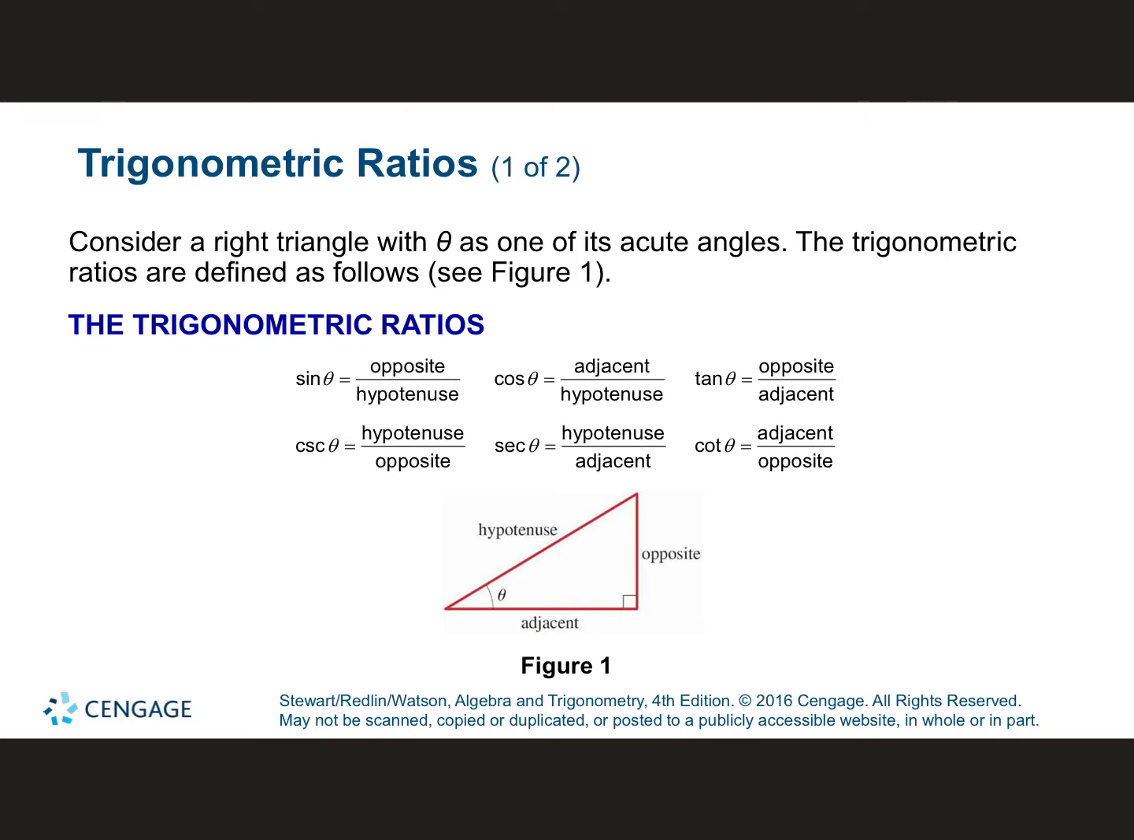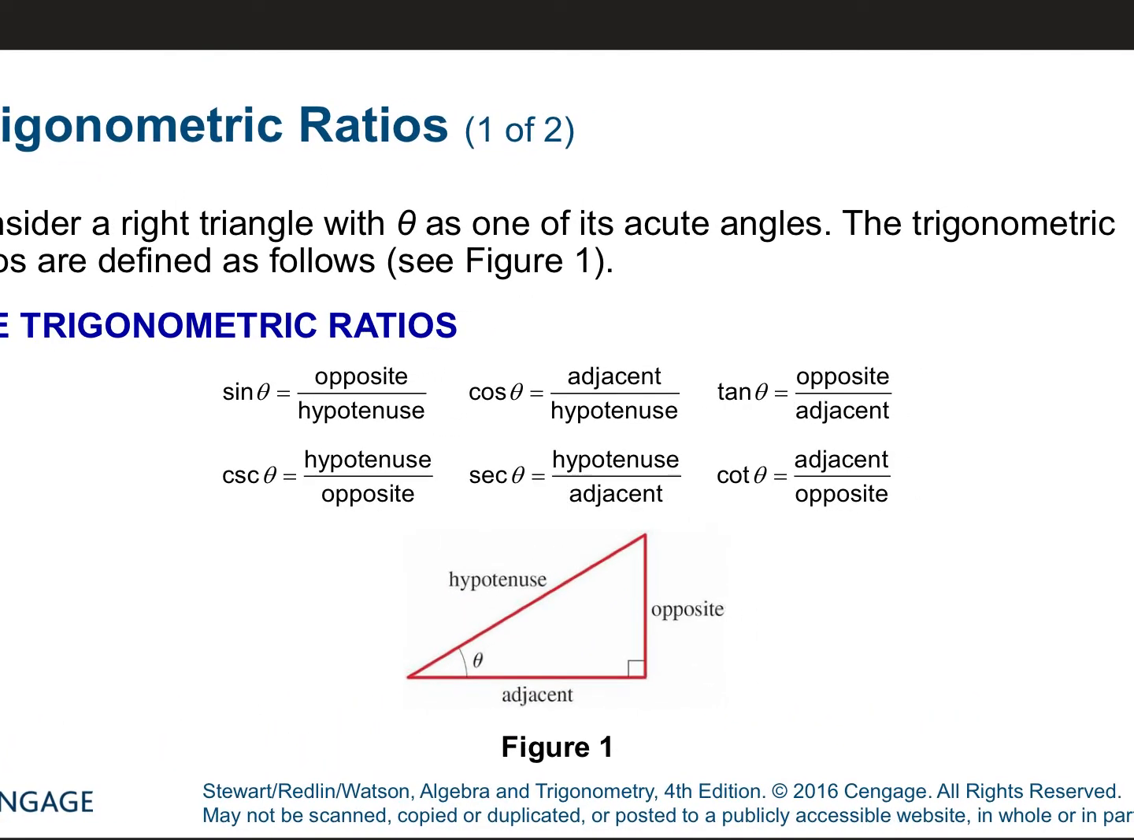This is 5.2, right triangle trigonometry, part 1. Today we're going to be looking at the different trig ratios with your right triangles. So these trig ratios, they're sine, cosine, tangent, cosecant, secant, cotangent. If you realize here, your sine is opposite over hypotenuse, your cosine is adjacent over hypotenuse, your tangent is opposite